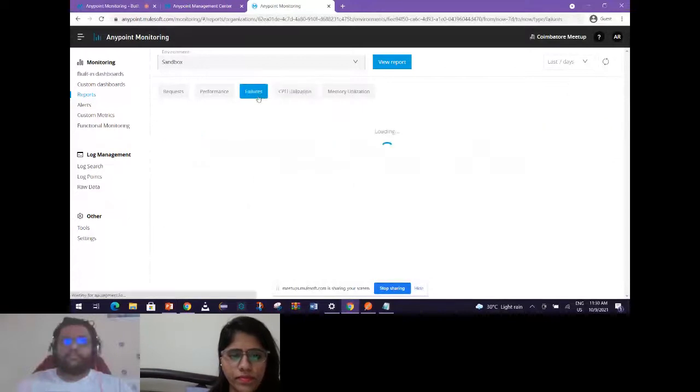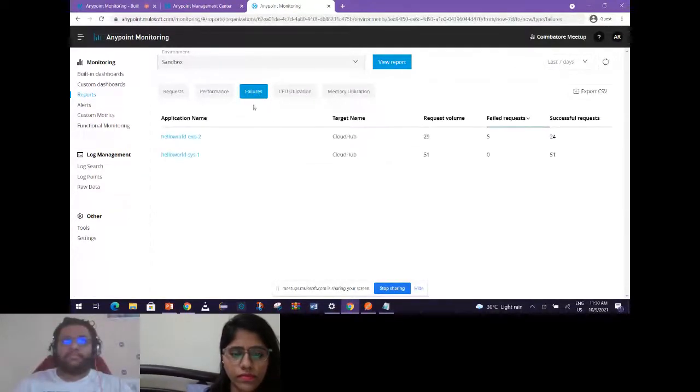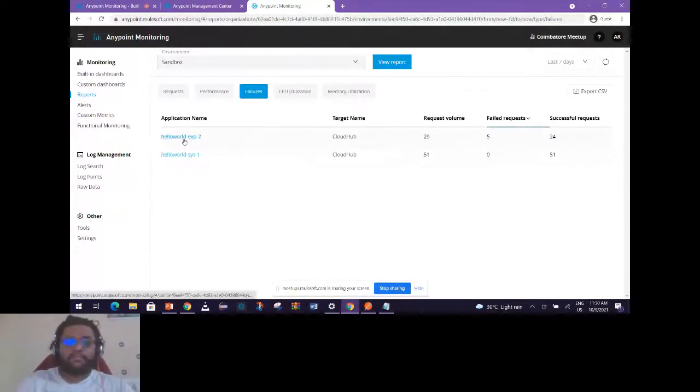As an operations team, maybe I pull out a report and I understand that this particular application has some failures. Now I want to see what has failed in these applications. What can help me over here is the log search, because the log search gives the feasibility to troubleshoot, query or filter, and search on those logs.